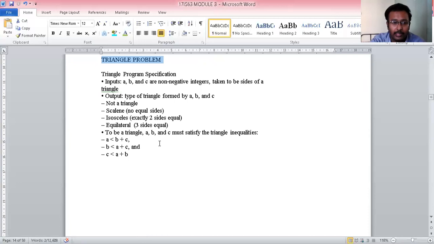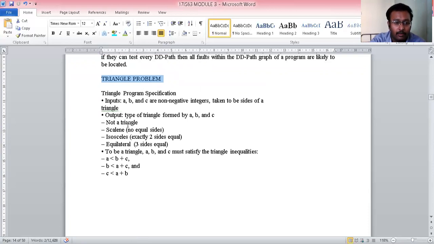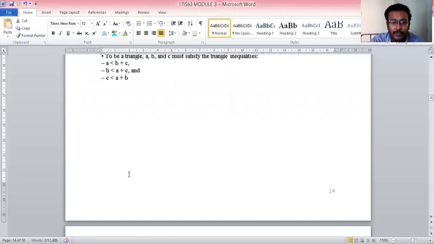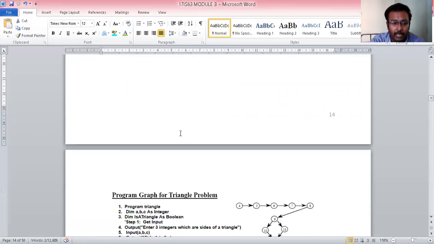This is the output that the triangle problem gives, which we discussed when we were studying module 1. They can ask you to write a program graph for the triangle problem, and from the program graph convert it into a definition to definition path.